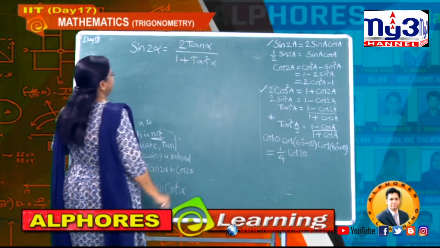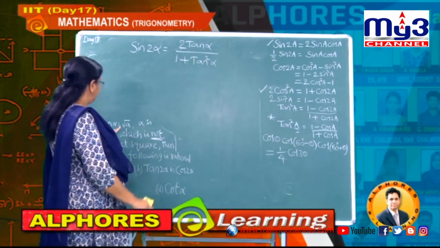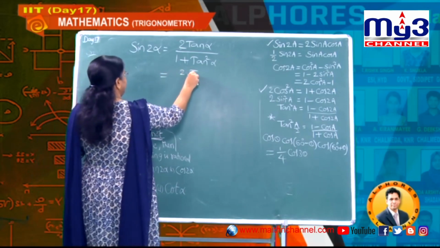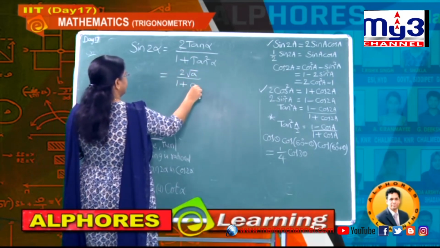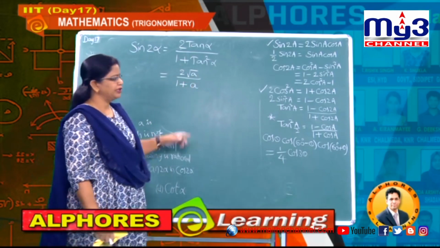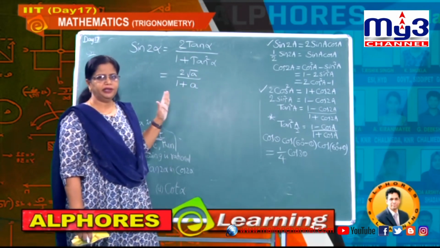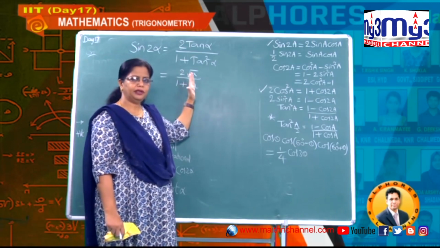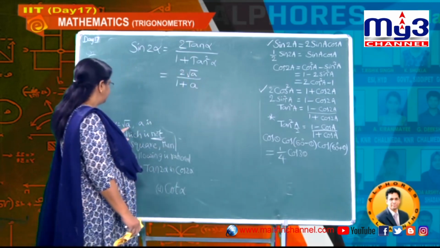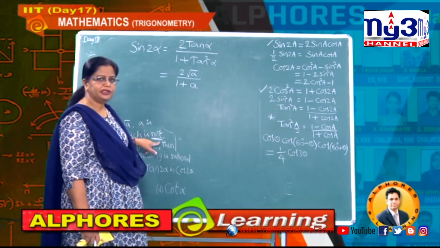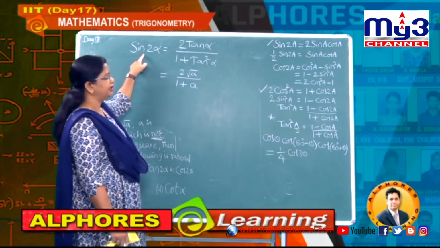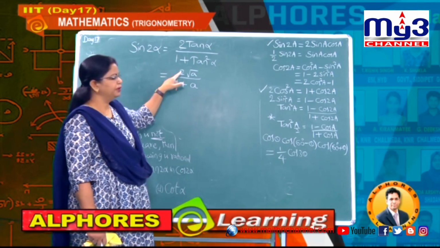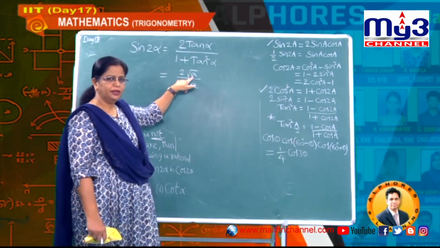Okay. So now in this we are substituting the given value, tan alpha is root a. So if I put it here, this is 2 root a divided by 1 plus root a whole square, which means a. Now you can observe 1 plus a is completely a rational value. But what happened here? Root a is surely an irrational value. What is the reason? Because they said a is rational, which is not a perfect square. Hence, what is the conclusion? Sin 2 alpha is an irrational value as long as a is not a perfect square.